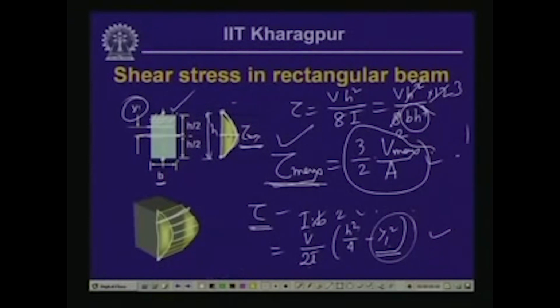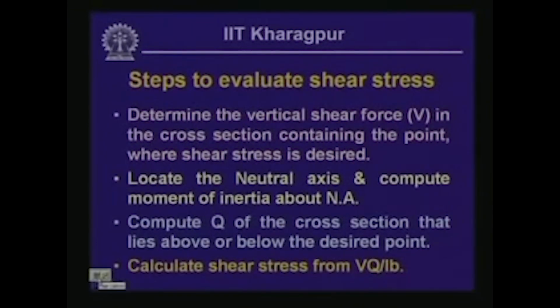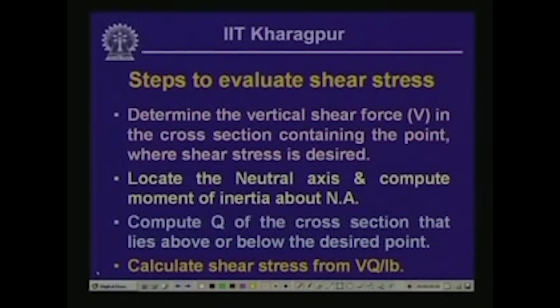Now, with this background, let us look into what are the steps that we need for evaluating the shearing stress at a particular point. To evaluate the shear stress at a point in a beam, first of all we need to find out the vertical shear force V in the cross section where we are trying to find the particular shear stress. That means, at a particular point where we are evaluating the shear stress, we will have to